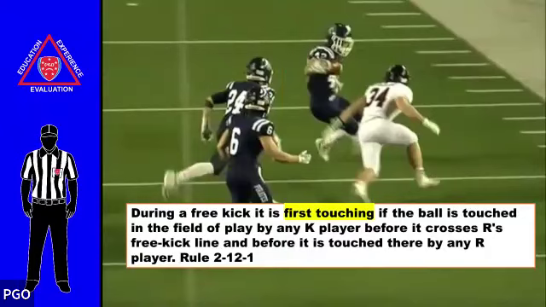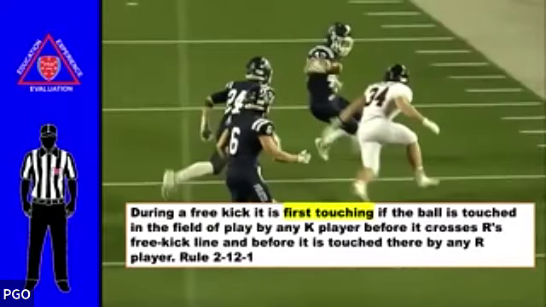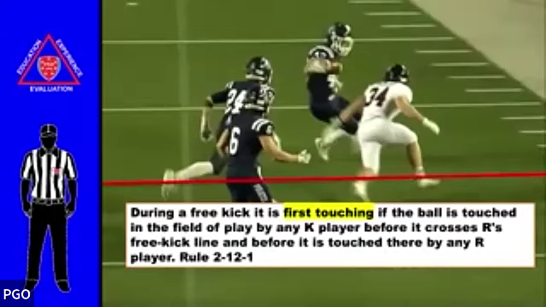During a free kick, it is first touching if the ball is touched in the field of play by any K player before it crosses R's free kick line and before it is touched by any R player. If you see here, the red line is where the 50-yard line is. That's 10 yards in advance. And we can see that the kicking team, which is blue, touched the ball before it went 10